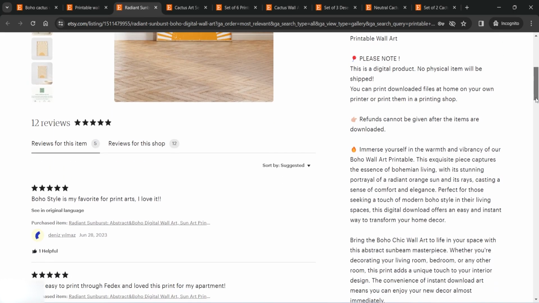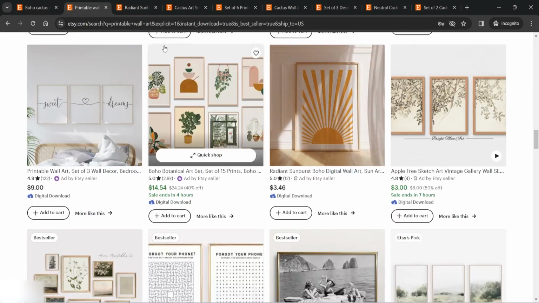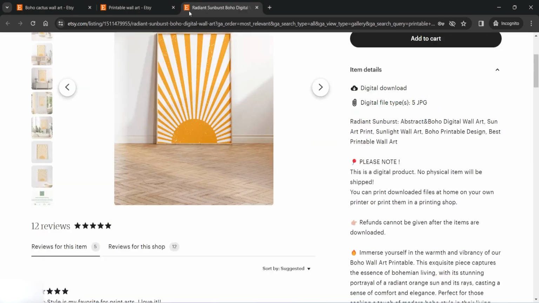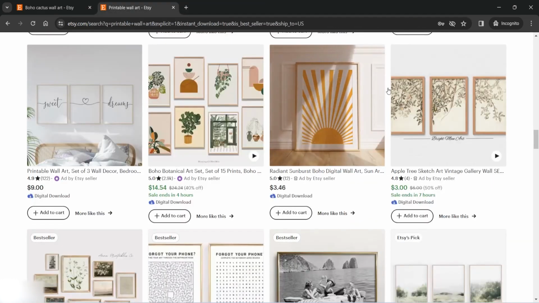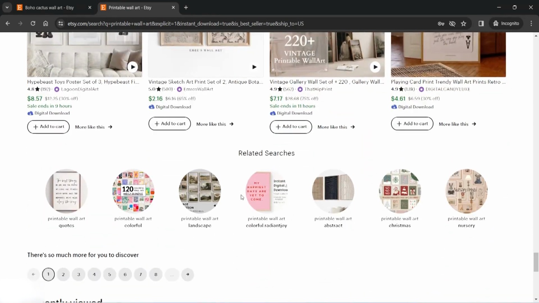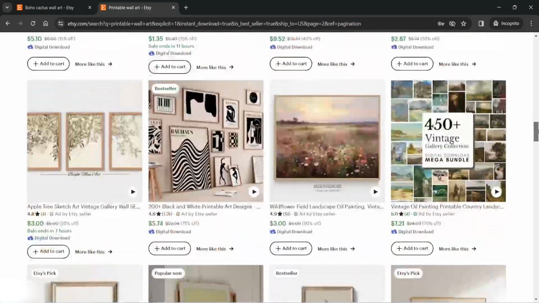I don't really like this description, to be honest with you. Let's go to another one. Let me actually clear some of this up. We don't need this one. I'm actually looking not to go to a set, but to find a single